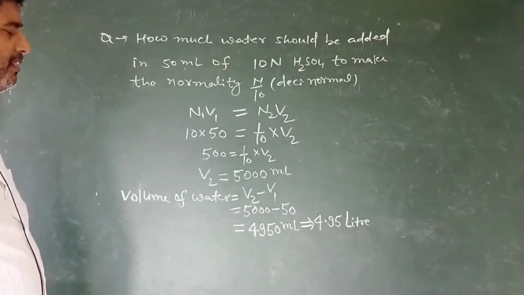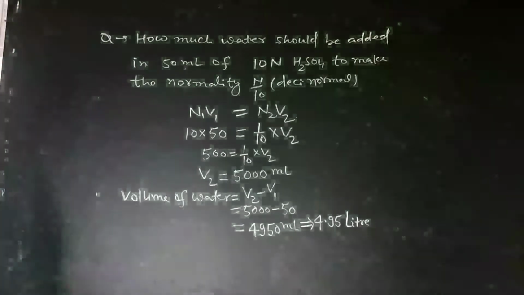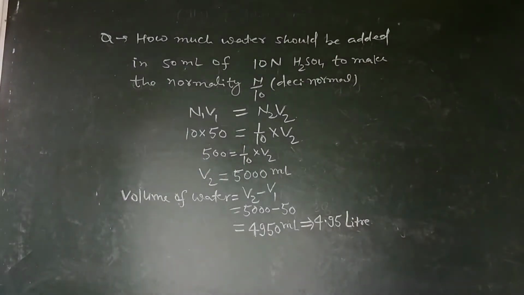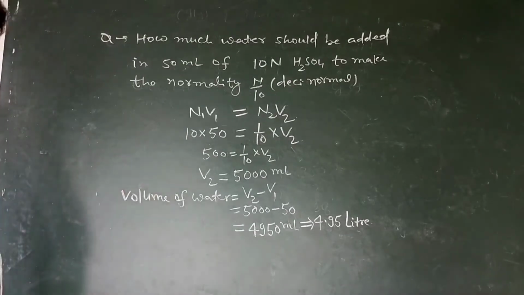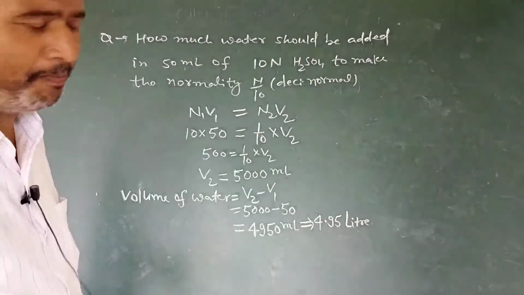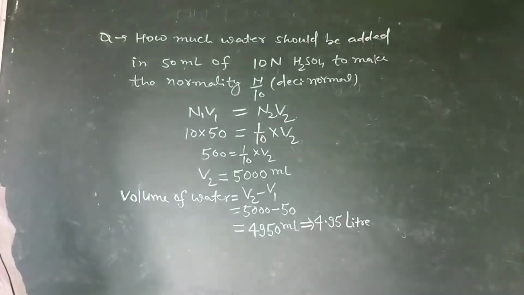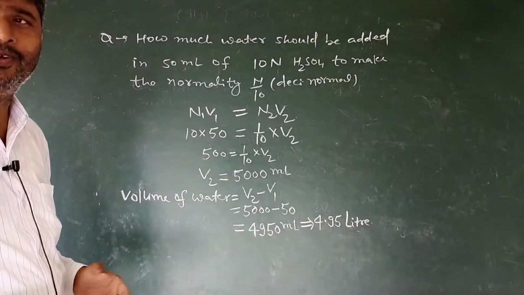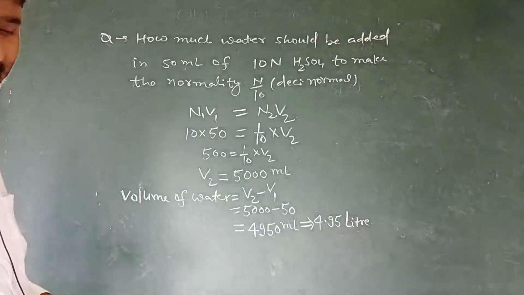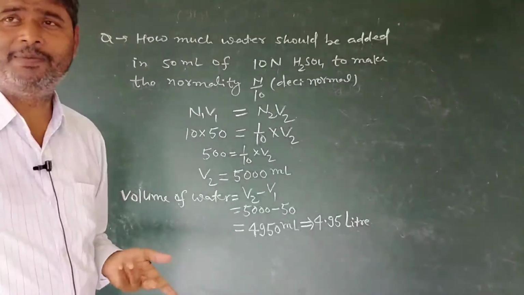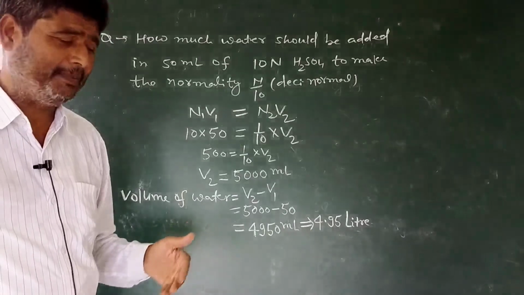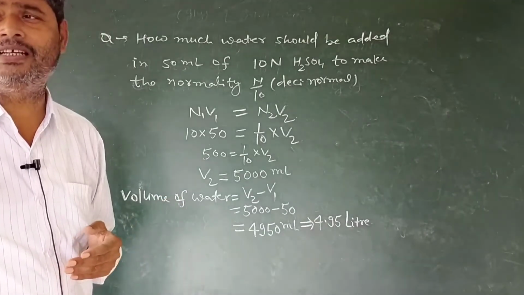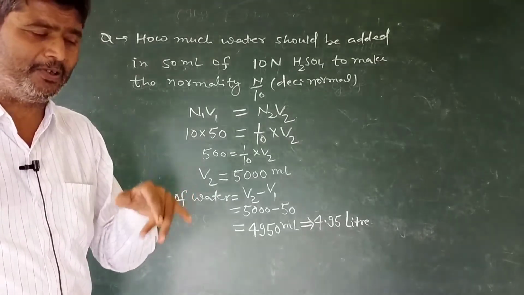1 liter contains 1000 milliliter. Next question, related to your practical in 12. Comparison between molarity or comparison between normality, the same sense is involved. If molarity is compared, M1 V1 is equal to M2 V2, and if normalities are compared, then we write N1 V1 is equal to N2 V2.